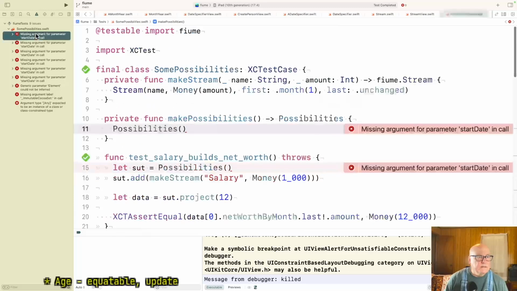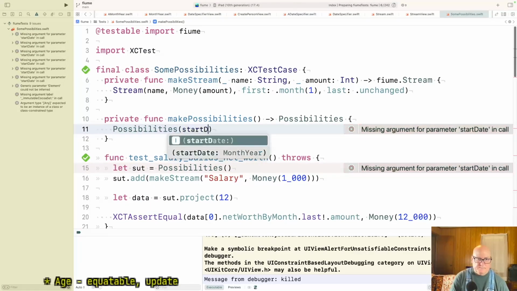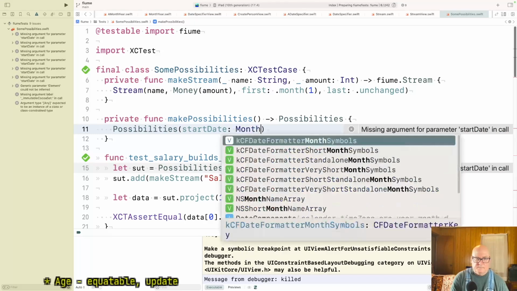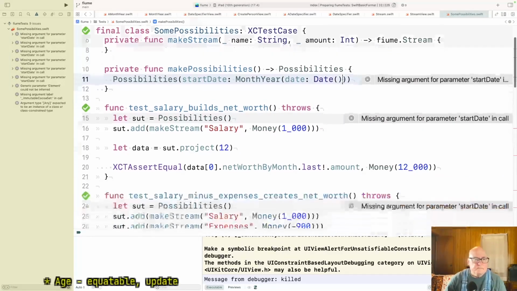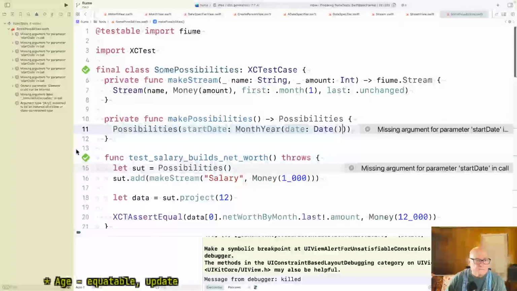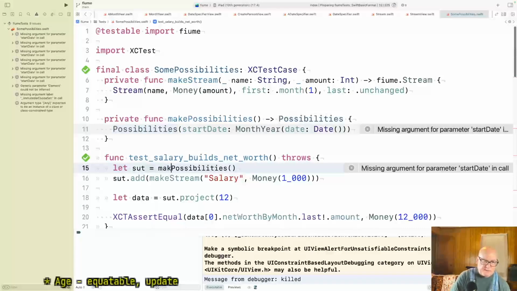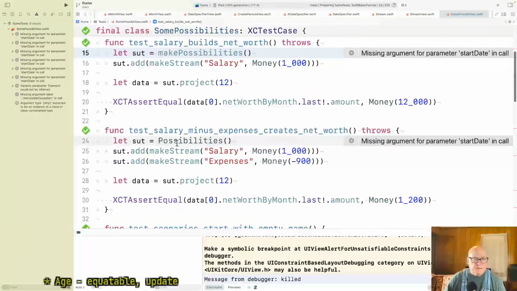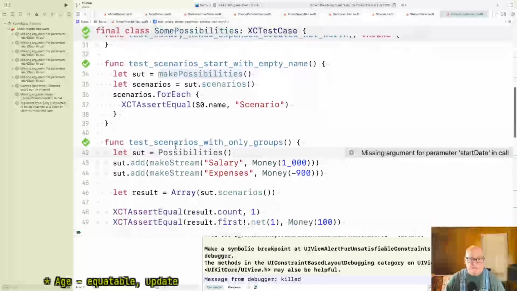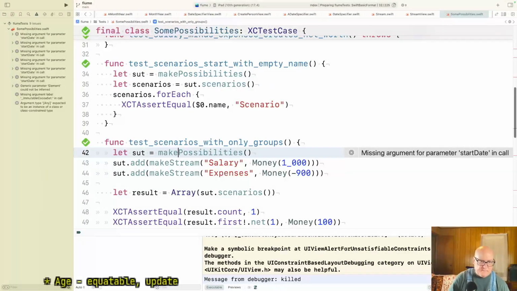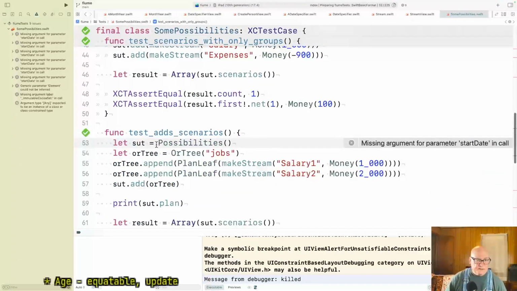Okay. Now what else we got? Oh, start date. Well, I don't see why this shouldn't call make possibilities. I don't see why any of these shouldn't, honestly. Okay. This is that signature shielding.